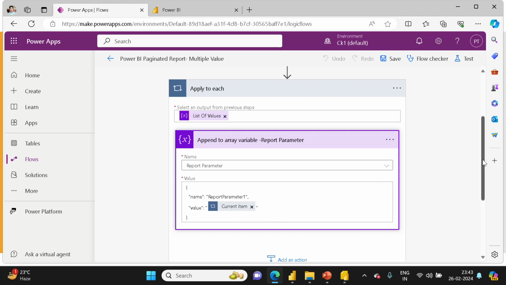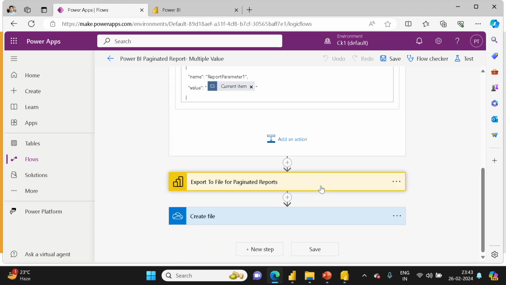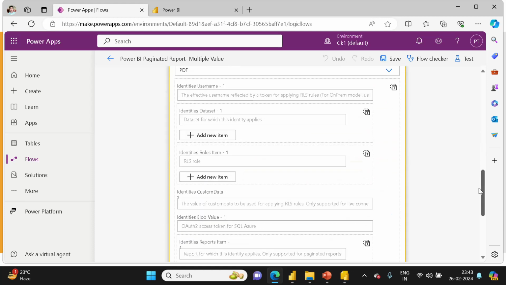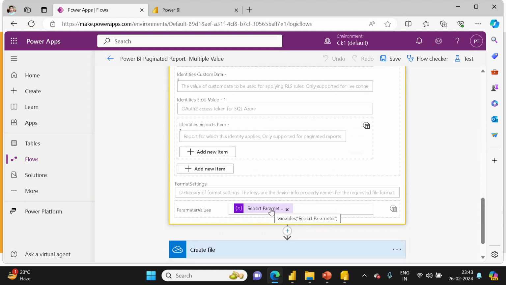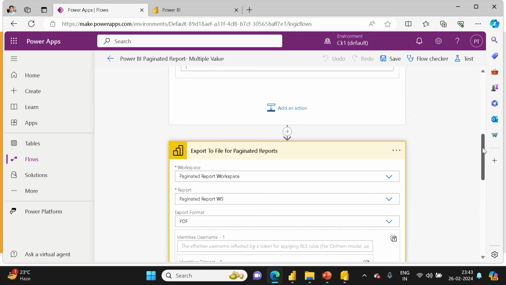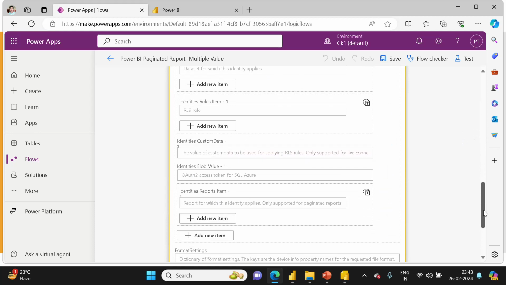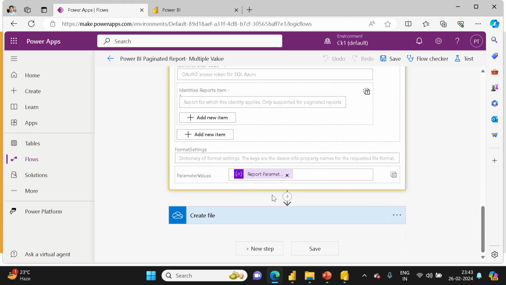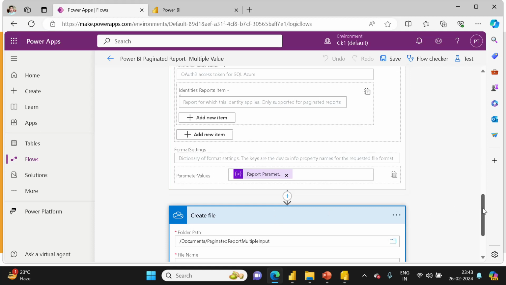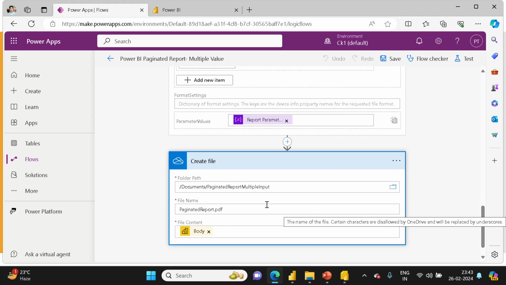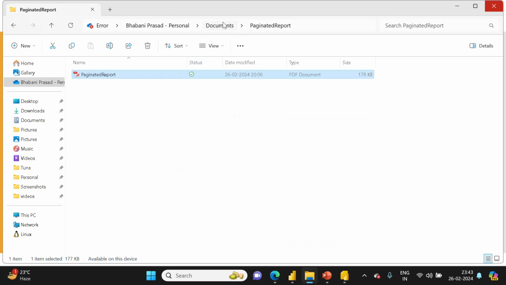Now once I have done with this, the next steps are exactly the same thing. You have to pass this parameter. So points to remember here, if you have multiple values to pass, where you are reading through a list of values, then you have to follow exactly the same process, and you have to create this array to pass the values to the paginated report. Once you do this, I have created a separate folder here called paginated report multiple input. If I go back,